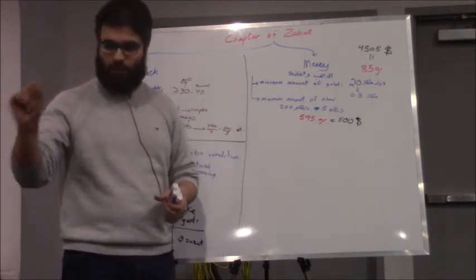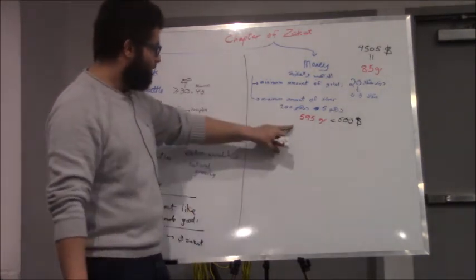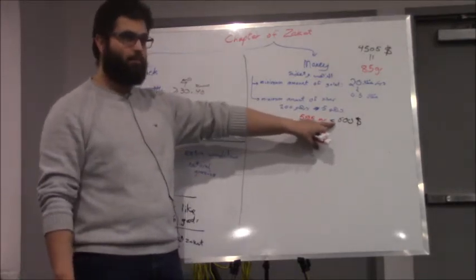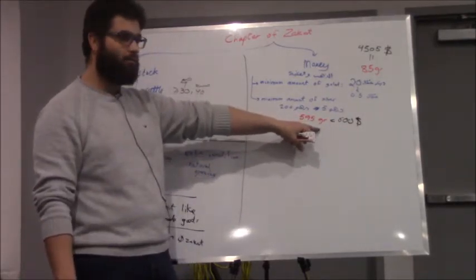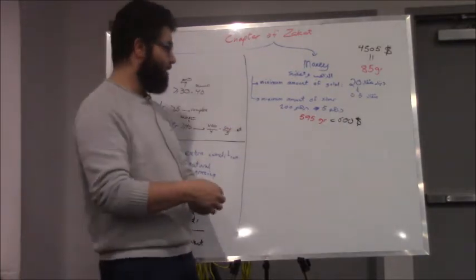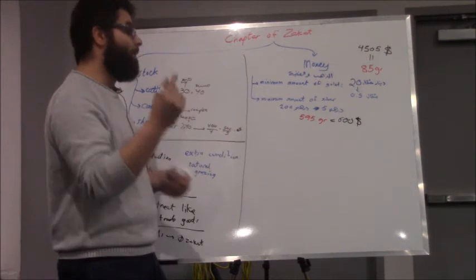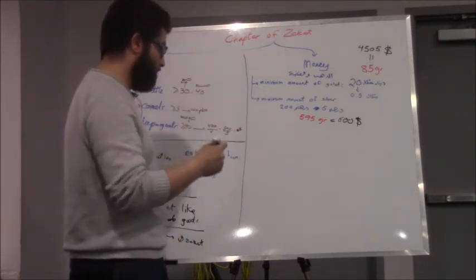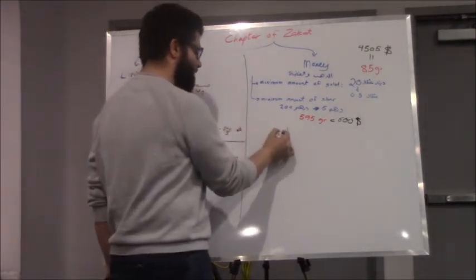Now the thing is, I have to talk about this point. Silver is $600 the nisab. So what do we do with this? So I'll tell you why this is. Back in the day, this was a long time ago, 1 dinar